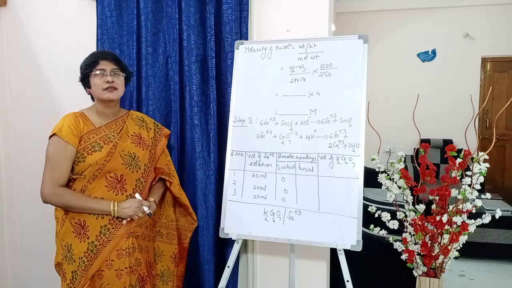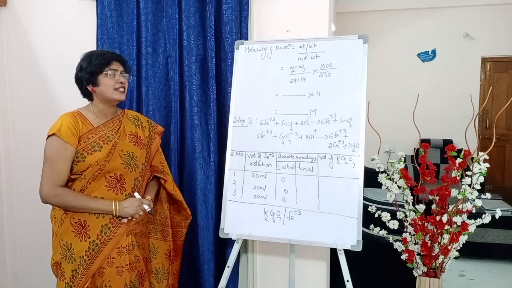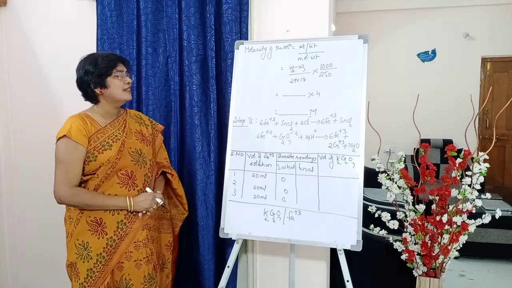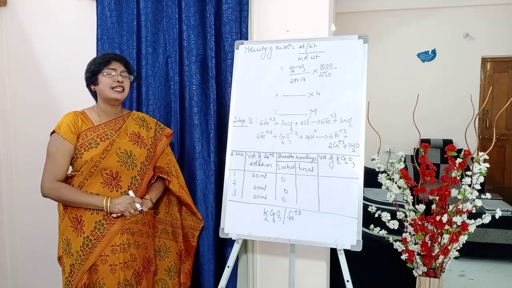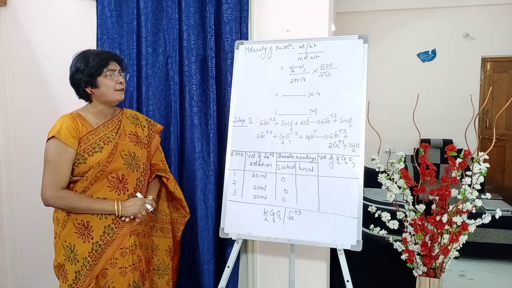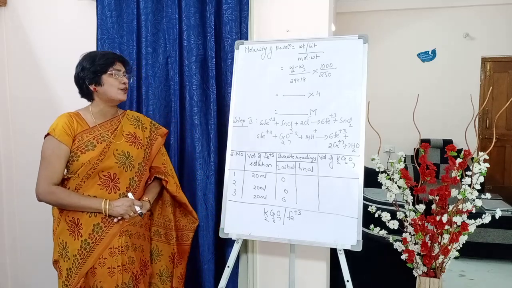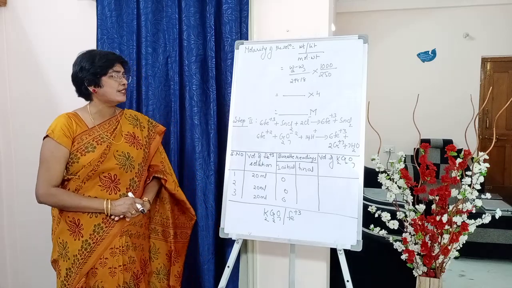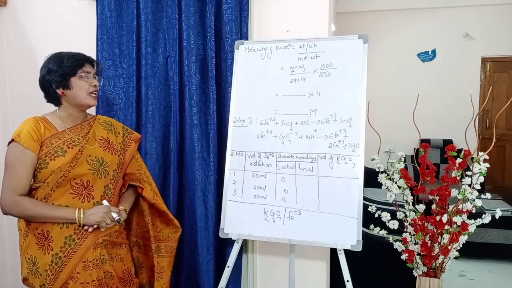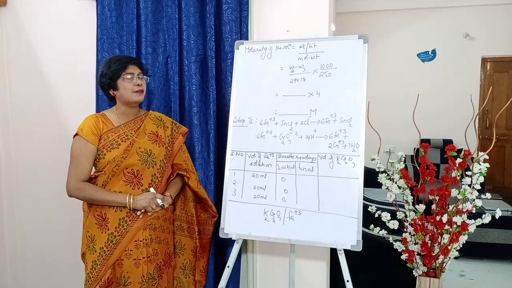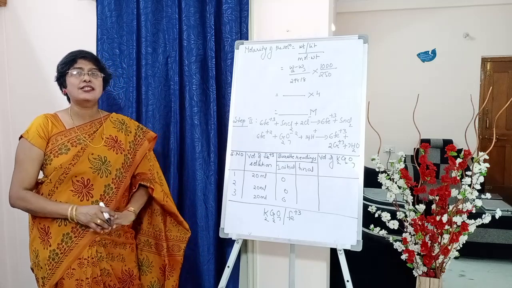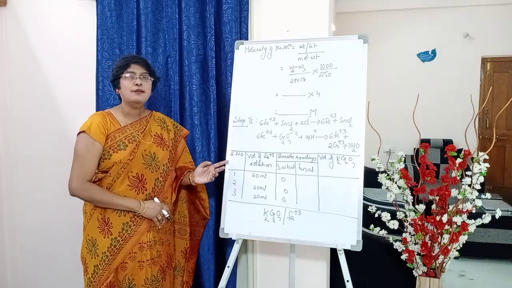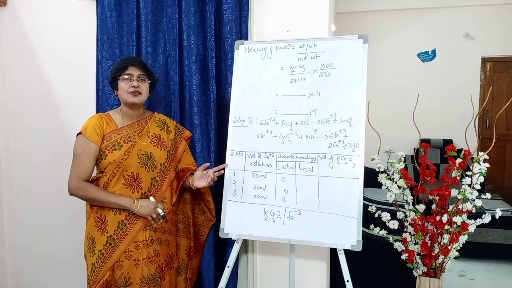Next, step 2. Write down the reactions which we have written under principle: 6Fe+3 + SnCl2 + 2Cl- gives 6Fe+2 + SnCl4. Below, 6Fe+2 + Cr2O7 2- + 14H+ gives 6Fe+3 + 2Cr+3 + 7H2O. Students, you can copy from the principle also. Next, moving on to the table. Please draw the lines with scale and pencil, students.